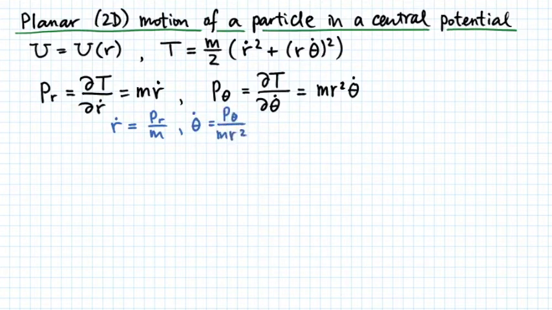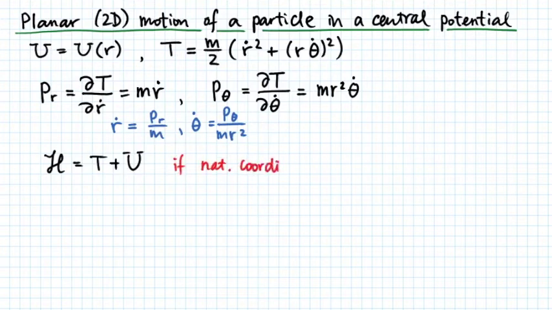In Taylor's textbook, he gives a definition of natural coordinates. Natural coordinates are coordinates that you can write in terms of Cartesian coordinates without involving time. Clearly, polar coordinates are natural coordinates, and for these natural coordinates, we can always write the Hamiltonian simply as kinetic energy plus potential energy, but only for natural coordinates. So thus, we write the Hamiltonian